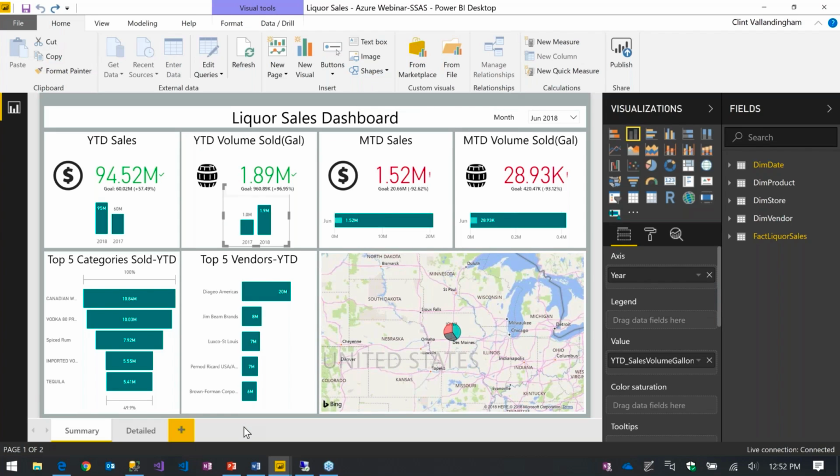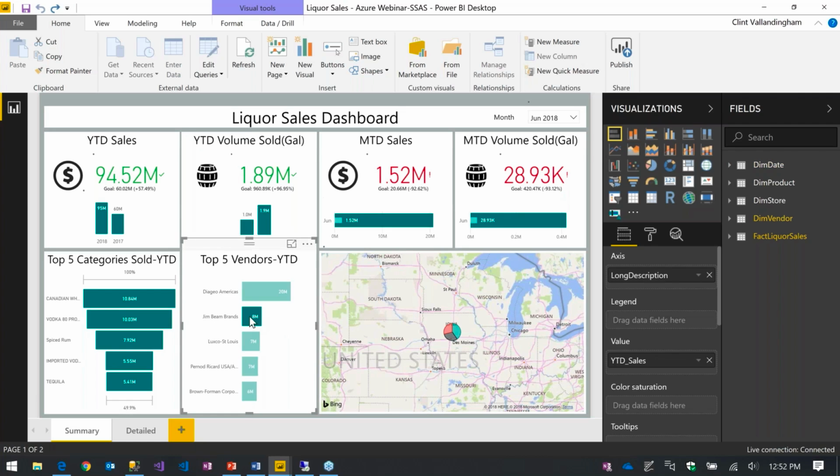So here I'm showing what it can do connected to analysis services. We can see here the tables that were defined in our analysis services model. All the visualizations that come out of the box are here. Everything on the screen will work together. So say I come in here and I'm responsible for a particular vendor, maybe the Jim Beam brands.